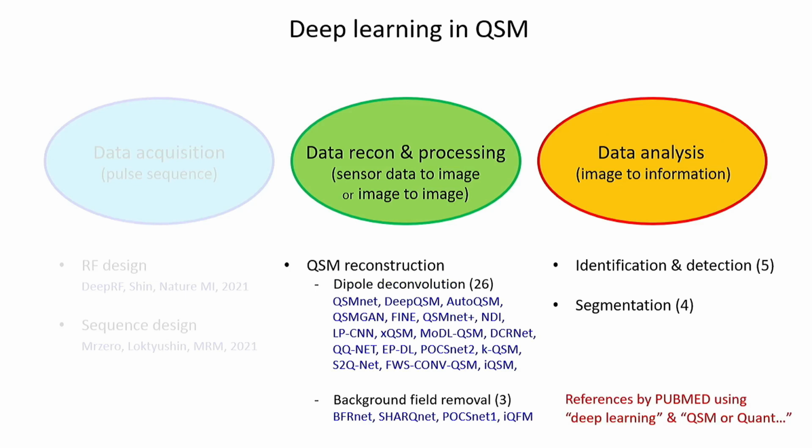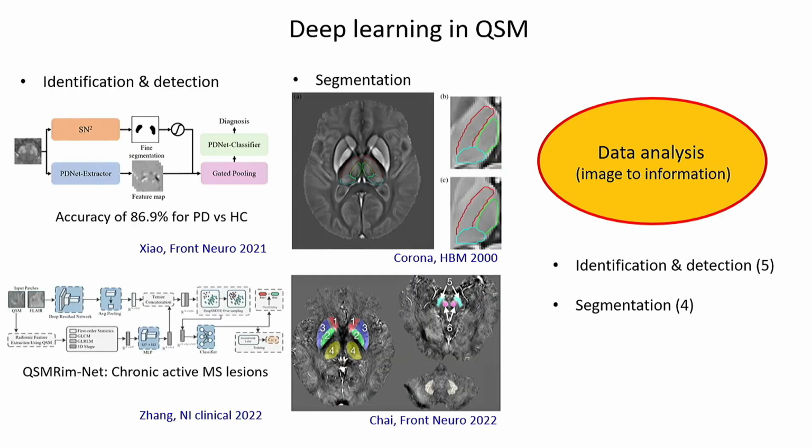Well, when I Googled deep learning with QSM, there are already 38 papers on the topic. That's within a time period of 4 years. That's a lot of papers. And the other thing that I recognize is we love acronyms, and there is a list of them. Hope I didn't miss any of your tools. At least they should appear on PubMed to be here.